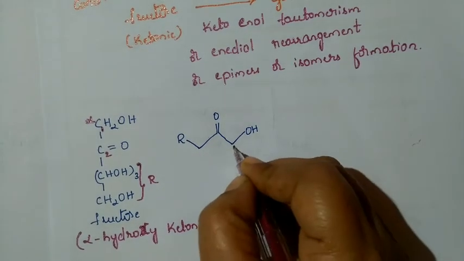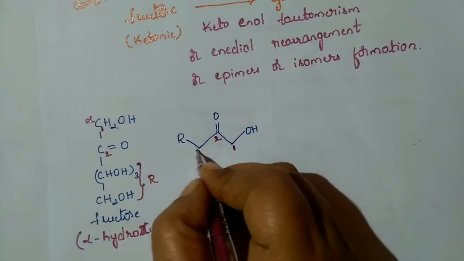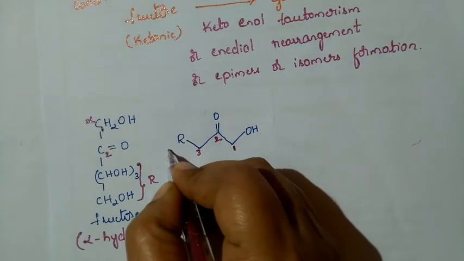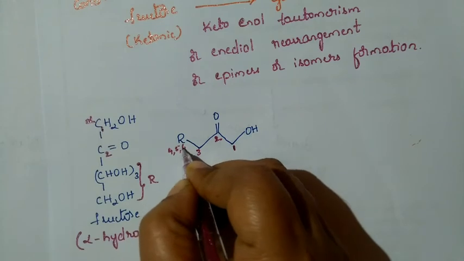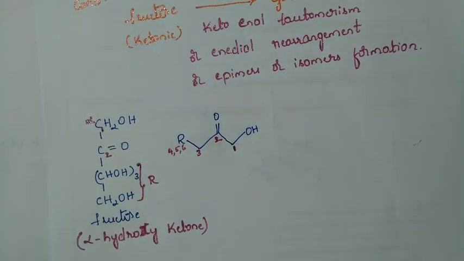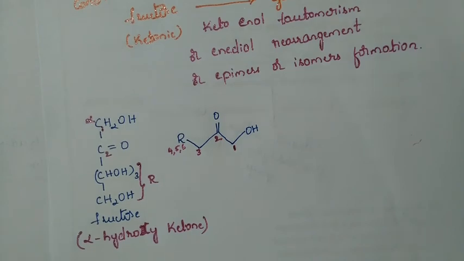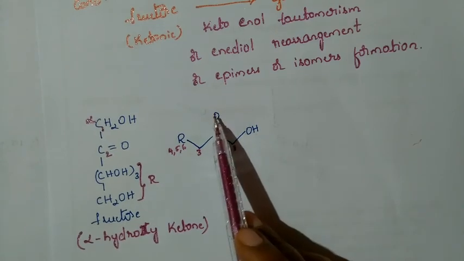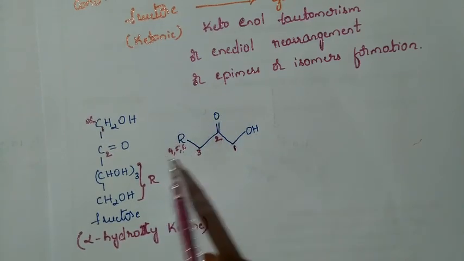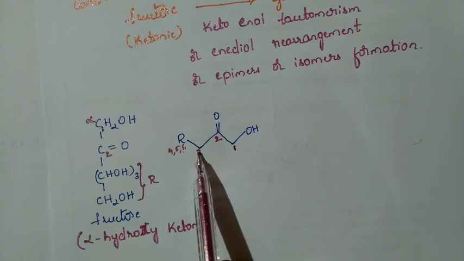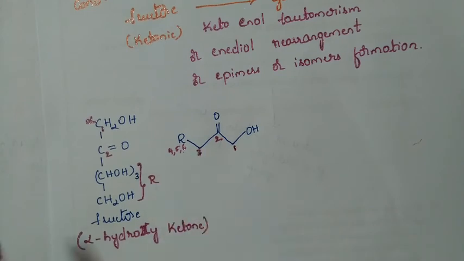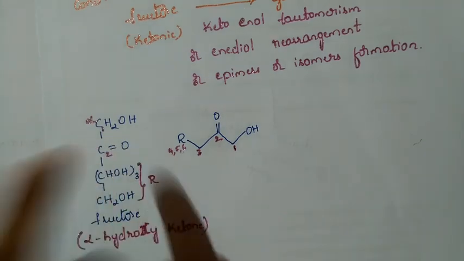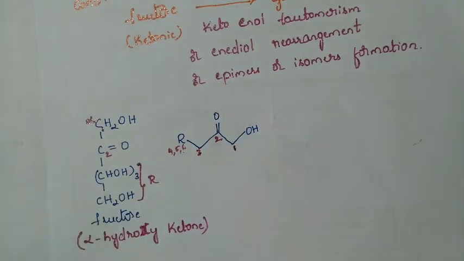So we can write this is our first carbon, this is our second, this is third, and the R group includes 4, 5 and 6. This is the short form I have written so that it will be easy for you to understand. First carbon consists of an OH group, second has the double bond O, third, 4, 5, 6 as R group. The third carbon also has OH groups, which are not mentioned, but will be present as they are. It is a general form I have written. So that is alpha hydroxy ketone here.